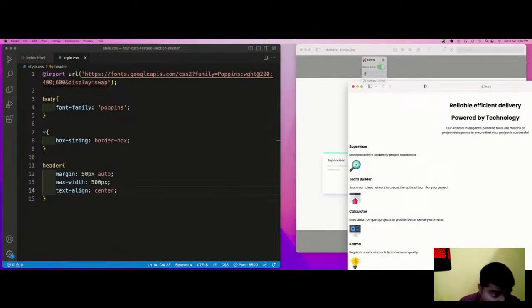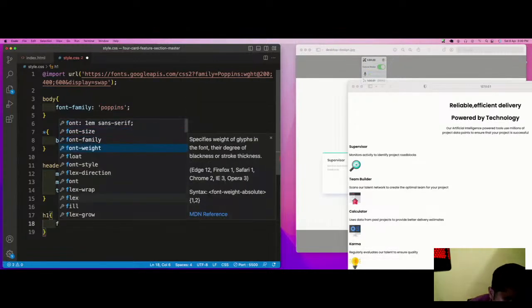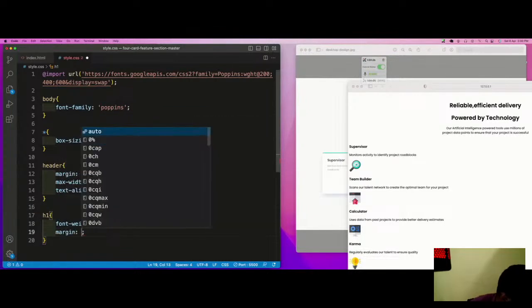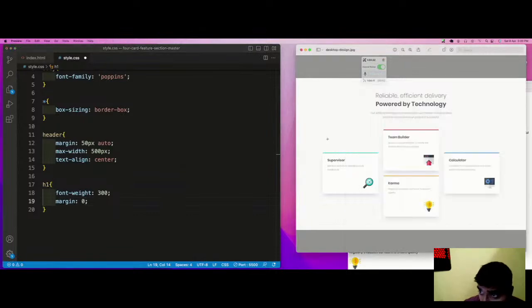Now after this thing, we need to have styles for the h1, because both these h1s are using a different pattern. So we use a font weight of let's say 300, and after that we have a margin of let's say 0.